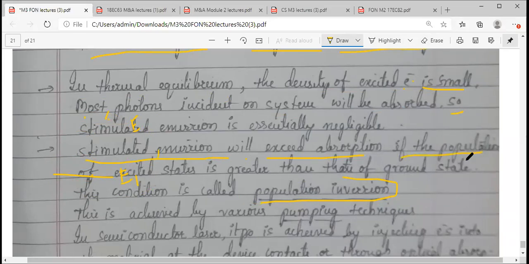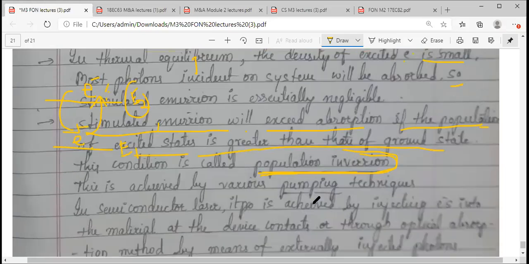If we invert the population, meaning the higher energy state E2, where naturally carriers are fewer, while here carriers are more in the stable condition. If we can invert this population, putting more and more carriers in the excited energy level, the higher energy level, then we call this process population inversion. You are making the carriers more in the excited state. That is, in the excited state, the population of the carriers is much greater than in the ground state. We call this population inversion.